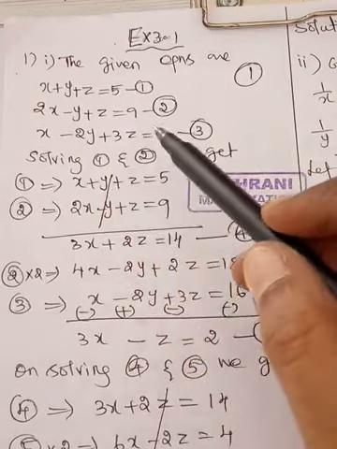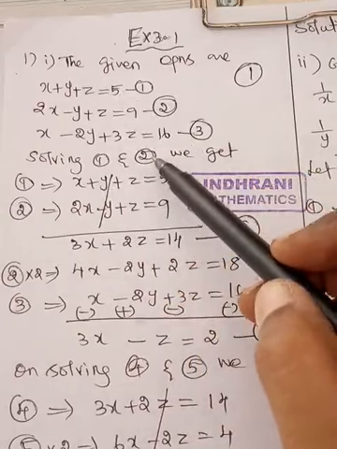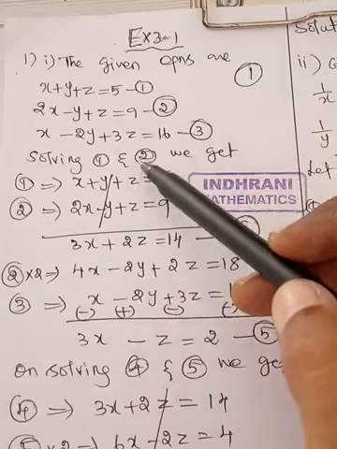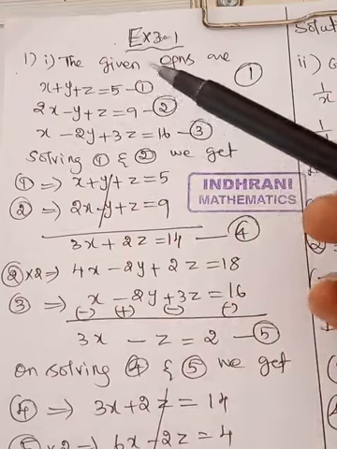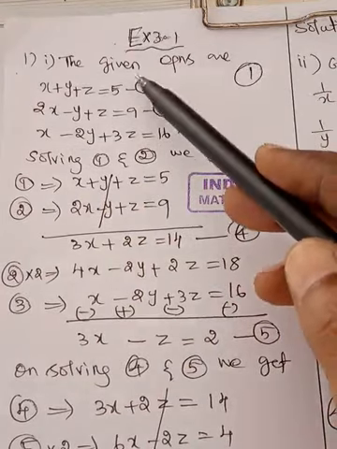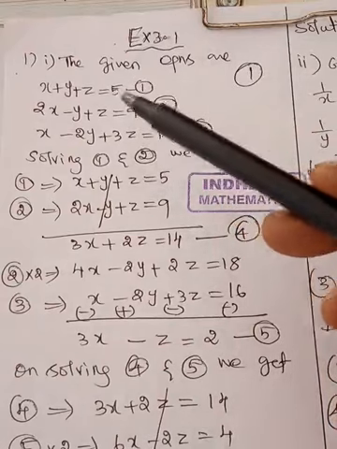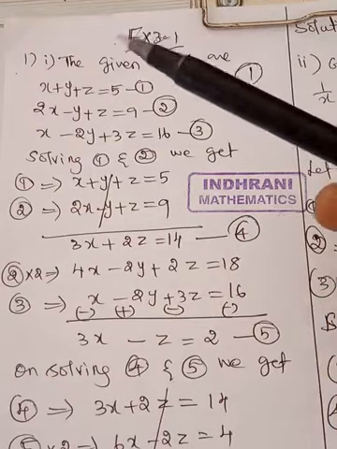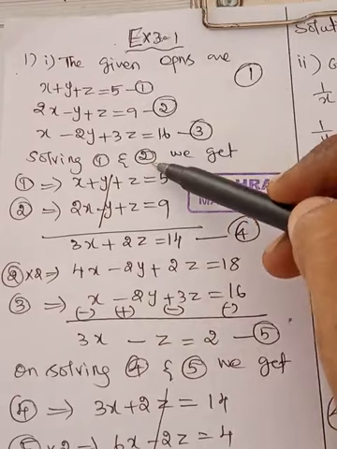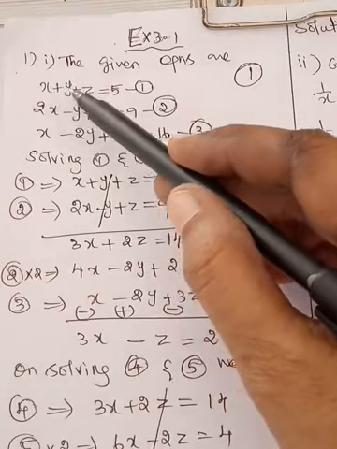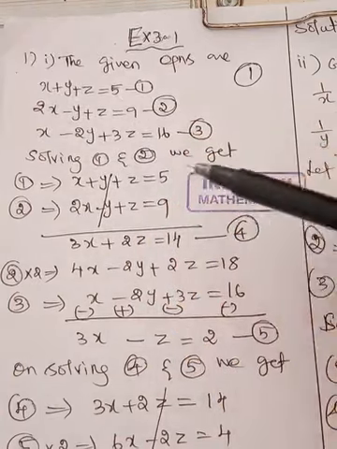So I am going to start solving first equation and second equation. This is my choice. While going for so many tests, even you can have some other also. For example, equation 1 and 3 also somebody will take. That one we will see after 1 or 2 months. After practice, even you will think it on your own. Now I have taken equation number 1 and 2. First equation is x plus y plus z equal to 5. Second equation is 2x minus y plus z equal to 9.